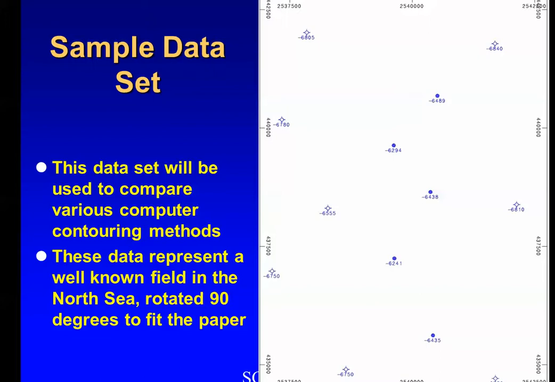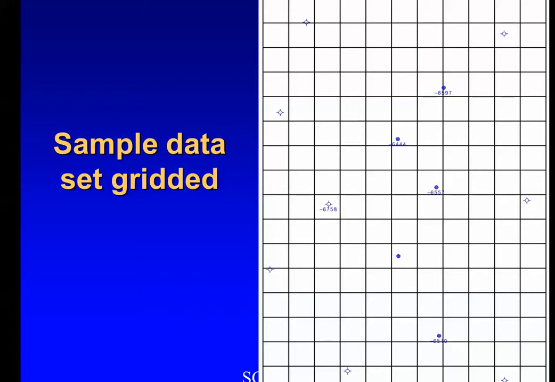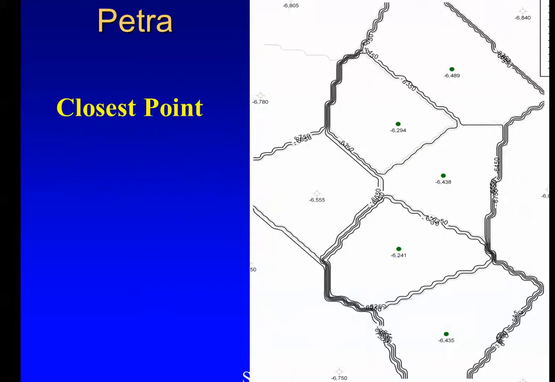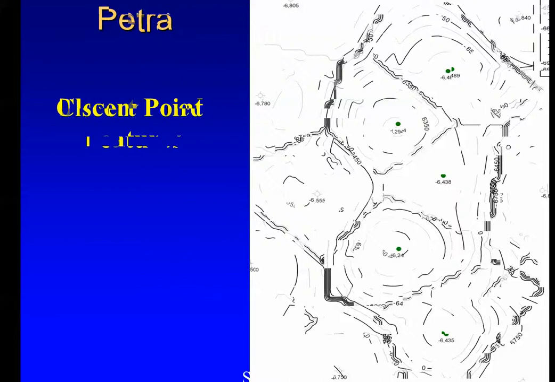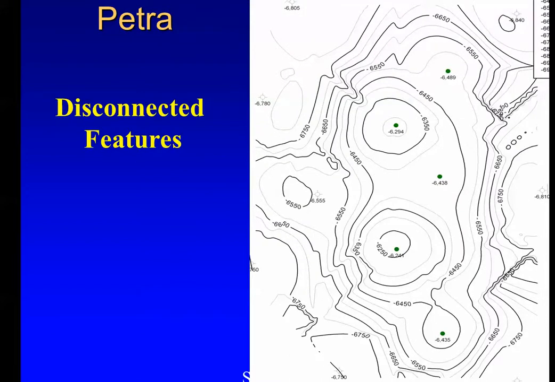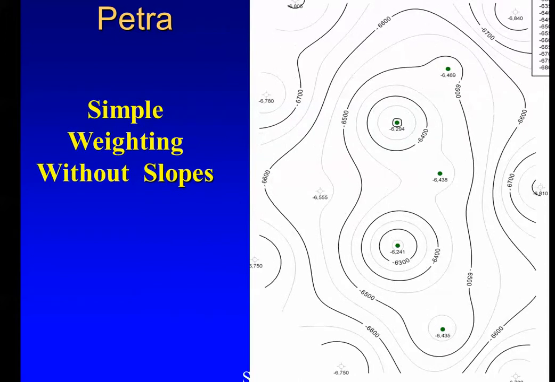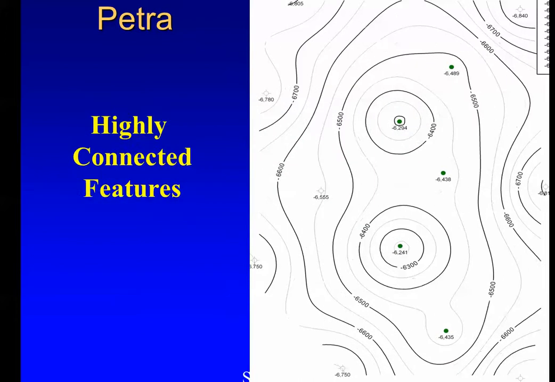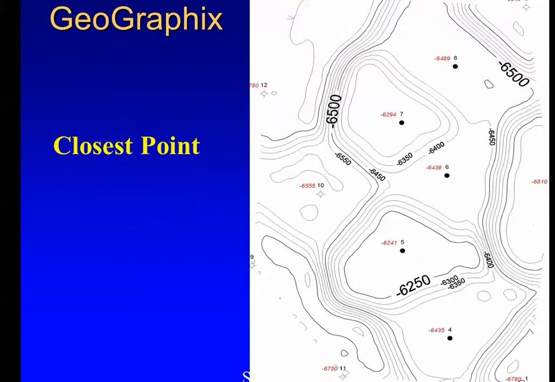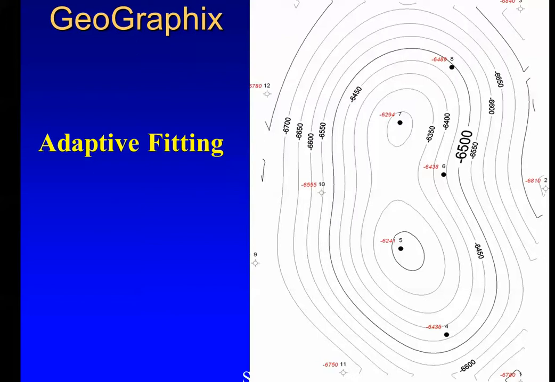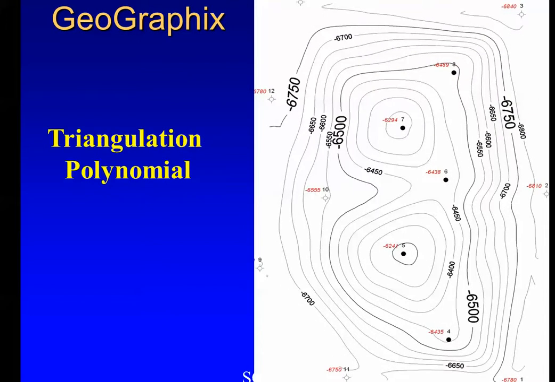So here's a sample data set. We're going to use it to contour using various computer systems and various algorithms within those systems. First we grid it. Then with Petra we make maps using closest point or disconnected features, or simple weighting with slopes, or simple weighting without slopes, or highly connected features, or maybe geographics closest point, geographics adaptive fitting, geographics triangulation polynomial,